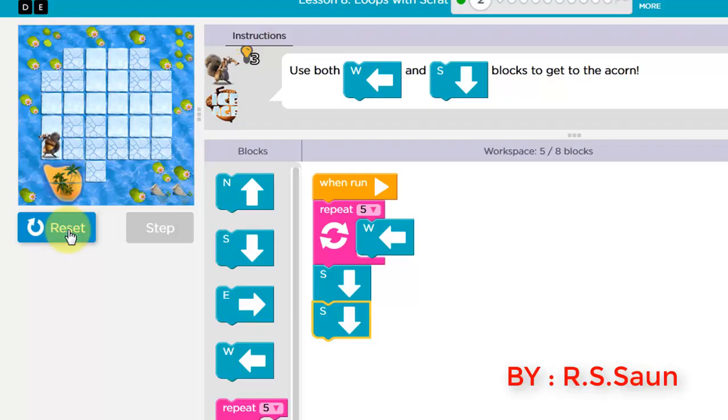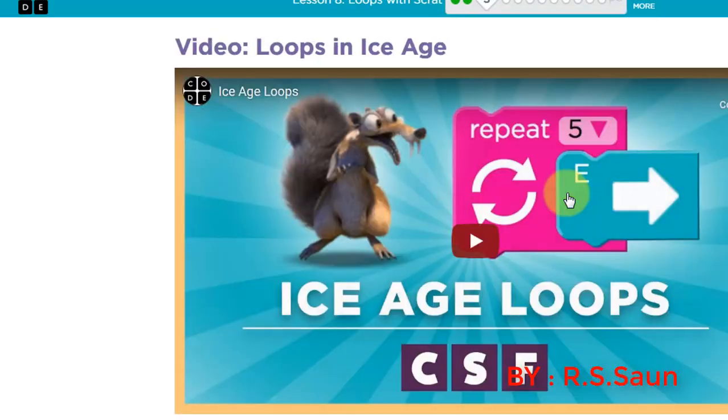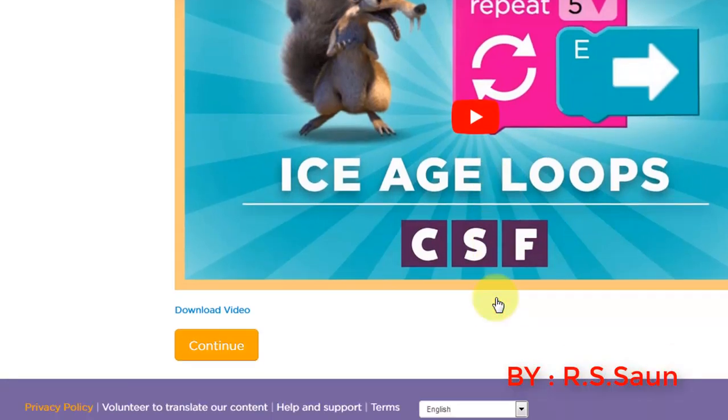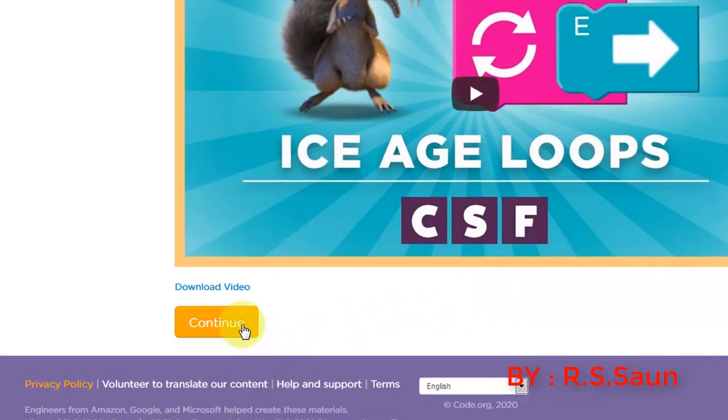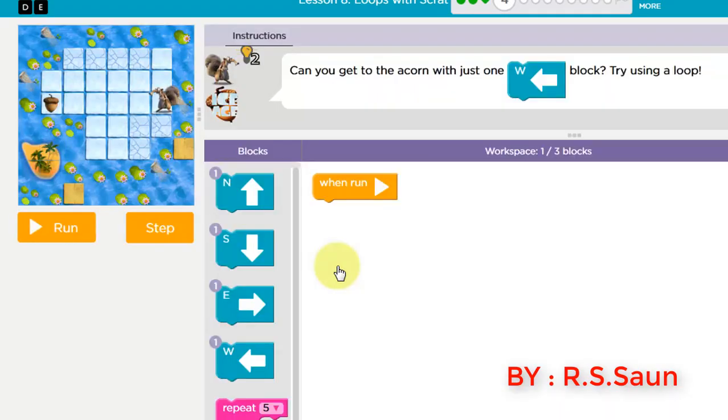So perfect. Notice I haven't used a loop for 2 because the number of instructions will be 2 only, and we have given 2 instructions. So not every situation requires using a loop. You can use your wisdom to decide whether to use a loop or not. You can go through this video, which is all about loops, and I think you can do this exercise. In my opinion you are wise enough to complete this exercise without my help. So complete lesson 8 for today, right?